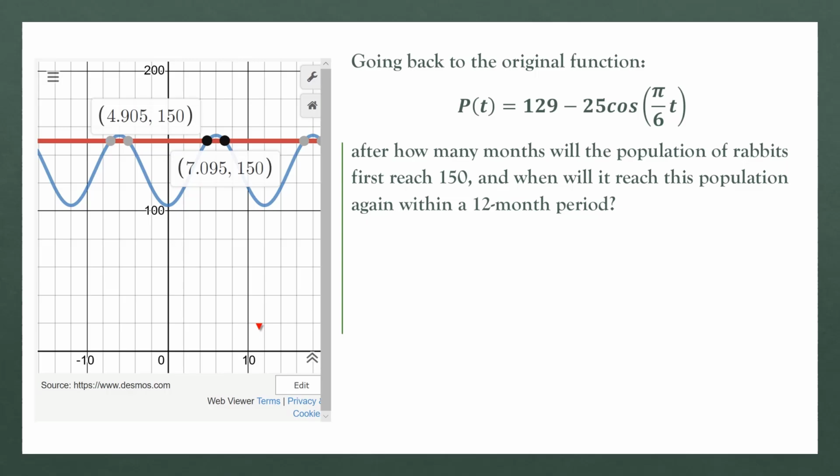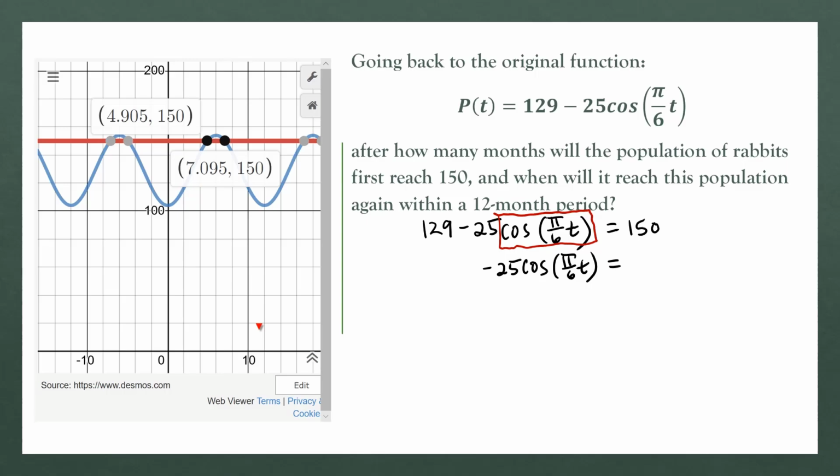Well, let me go ahead and set up my equation. I'm going to say 129 minus 25 times the cosine of pi over 6t, that equals 150. And I'm going to begin the process of solving this for t. I'm going to try to isolate the t variable, just like we would in any other type of situation where we're solving. In order to get that t by itself, I need to get the cosine by itself. So I'm going to subtract 129 from each side. And when I do that, I get negative 25 times the cosine of pi over 6t equals, let's see, 150